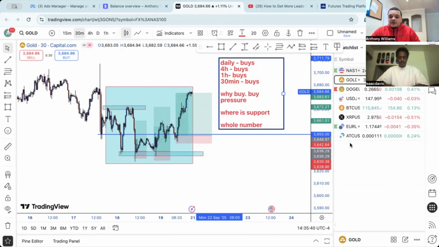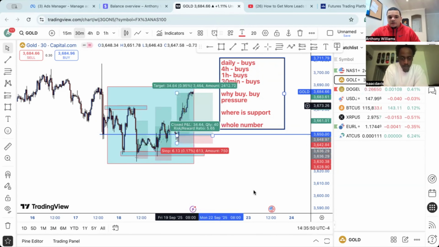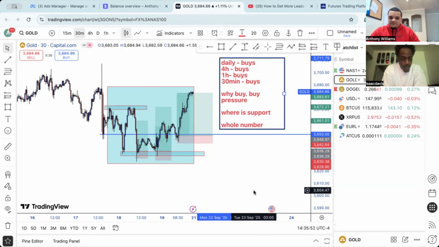What kind of computer do you have? Is it a MacBook? Do you want to share your screen with me and break a chart down on TradingView? How do you do that? Share the screen. It's at the bottom where it says share. Let me stop sharing real quick, and then you should be able to do it.